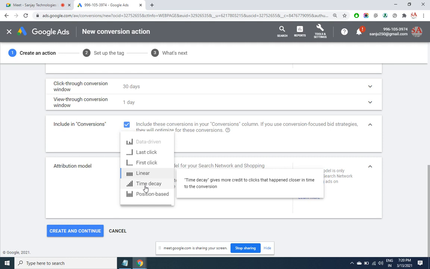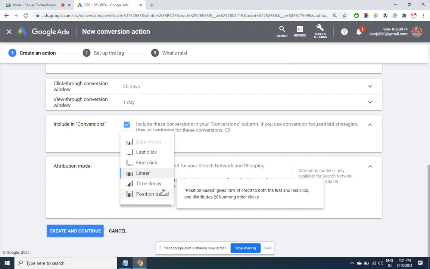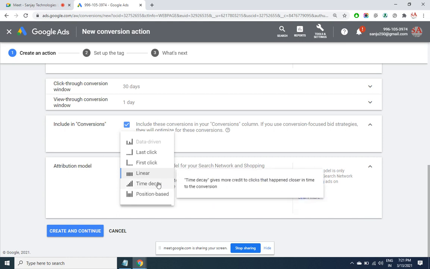But after the Google click, if the conversion happens at the latest time, Google takes more credit of it. But let's say he has clicked an ad in Google today and after a few days he has clicked in Yahoo and then he signed up. Then Google will take only 0.2 or 0.3 credit of it according to the time decay. So the range of days, that ratio is calculated and accordingly the credit is taken. So you don't have to pay for the full conversion. You will be paying only for 0.3 conversion, 0.4 conversion if it is an old click. That's what time decay means. No one uses it, but for knowledge purposes you must know.